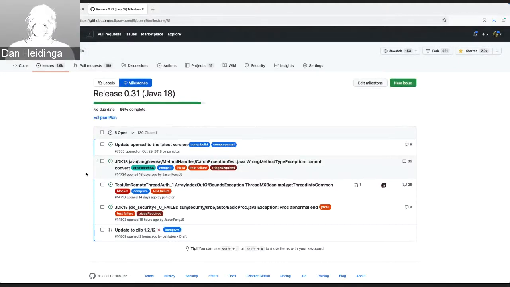That brings us to the JIT issue. Daryl, are you on the call? Yeah, so that is another one of these method handle issues that we're trying to get to the bottom of. First of all, it's highly intermittent, and it's only ever been observed on AArch64 Linux. We're not sure why.